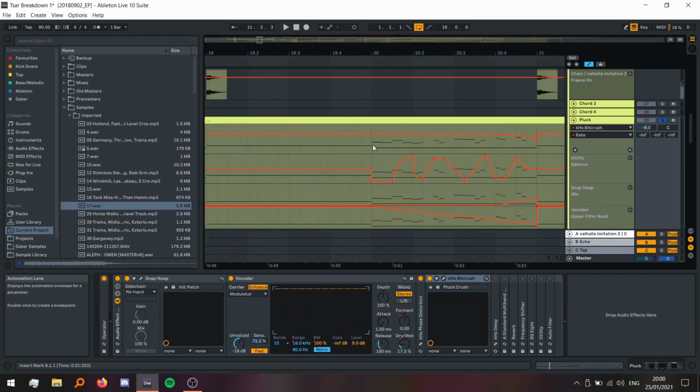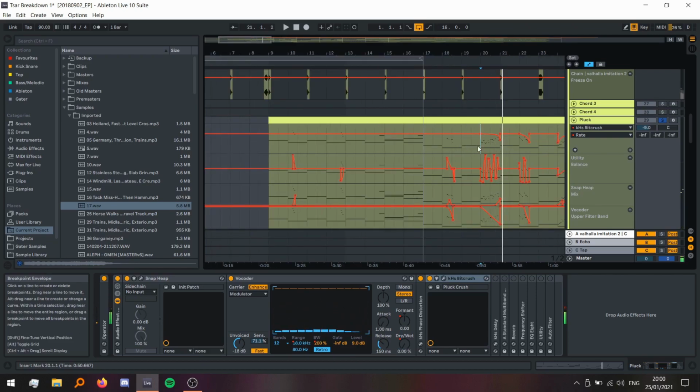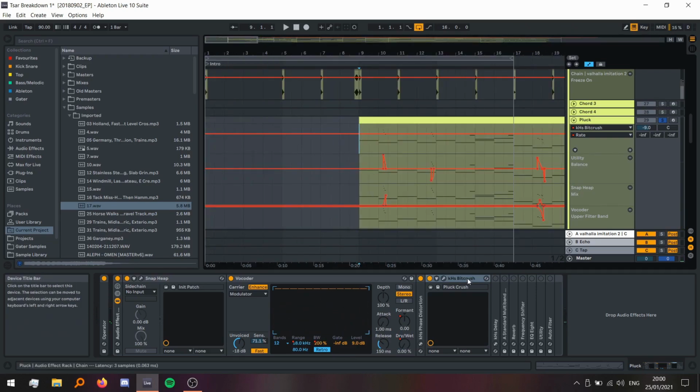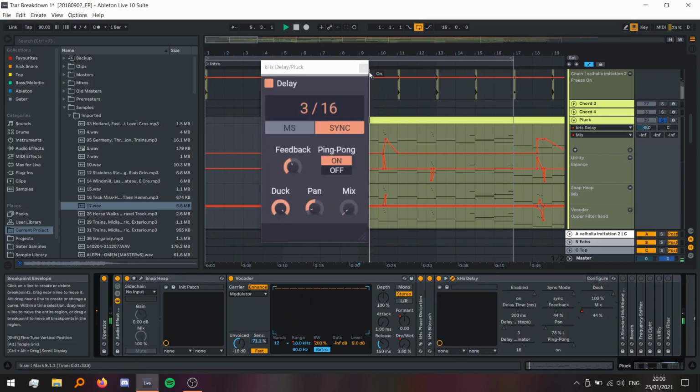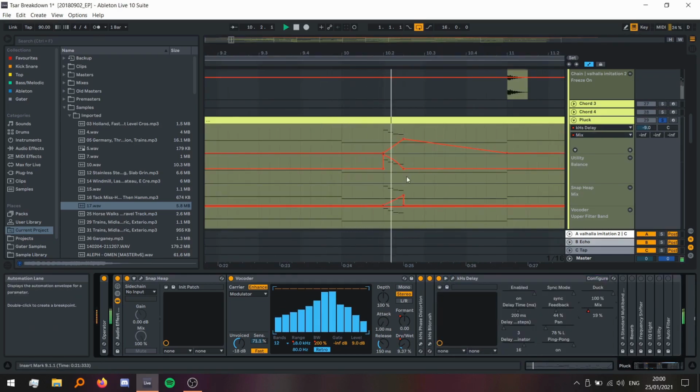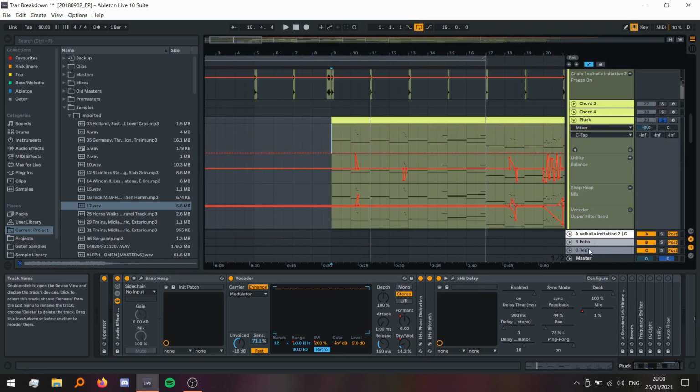And then I'm automating it here, the rate, which you can hear. But yeah, bit crushing it pretty heavily, and then I've got delay, which is doing the delay there. Normally, nowadays I'd use this automation sort of thing to automate a delay send instead of automating the mix,